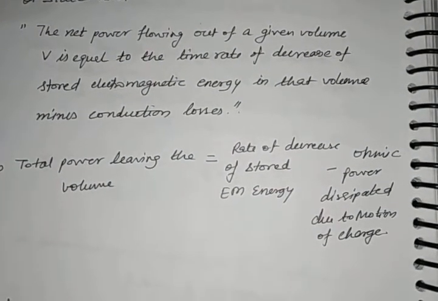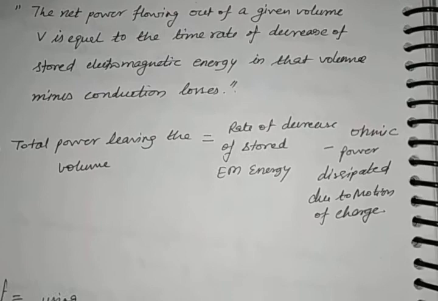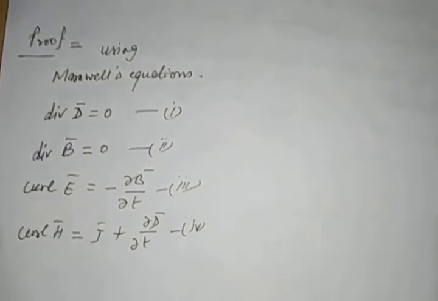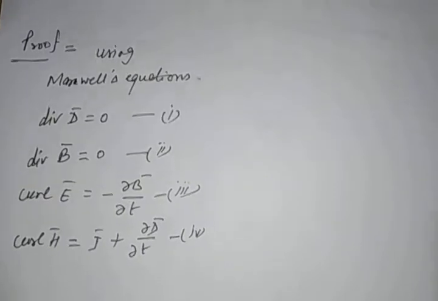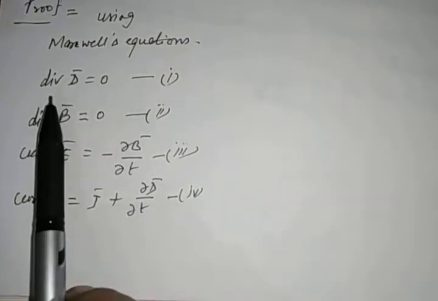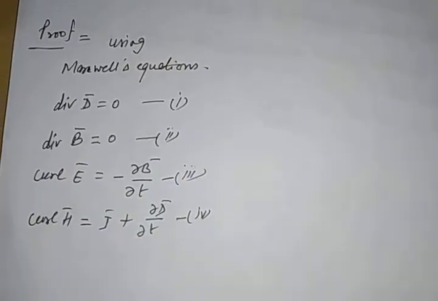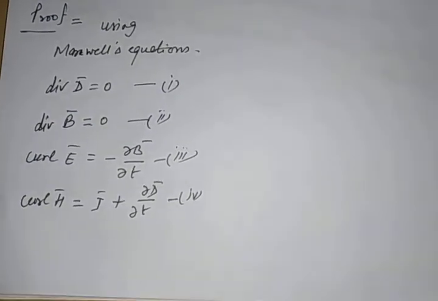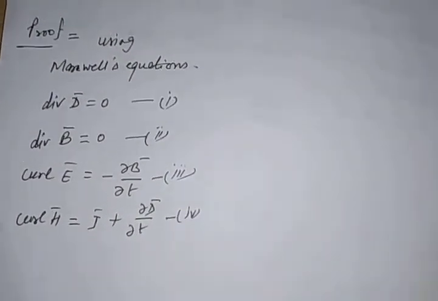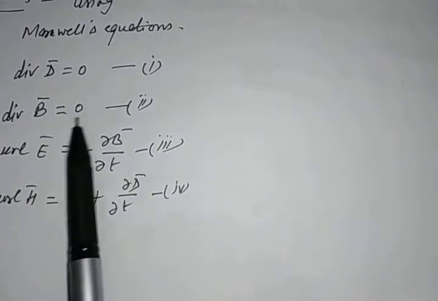I am starting with very simple steps, as we can achieve this derivation one step at a time. We know that Maxwell equations can perform very well in these types of environments, and for that we will be using the Maxwell equations in differential form again. The first equation: divergence D is equal to 0. Why is it 0? Because it's charge free. We are considering a charge free conducting media. The second: divergence B is equal to 0.